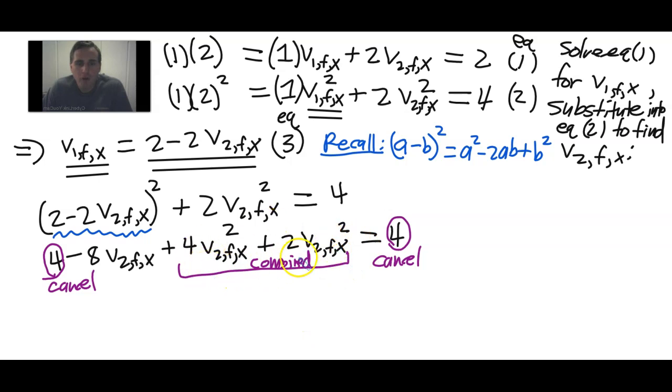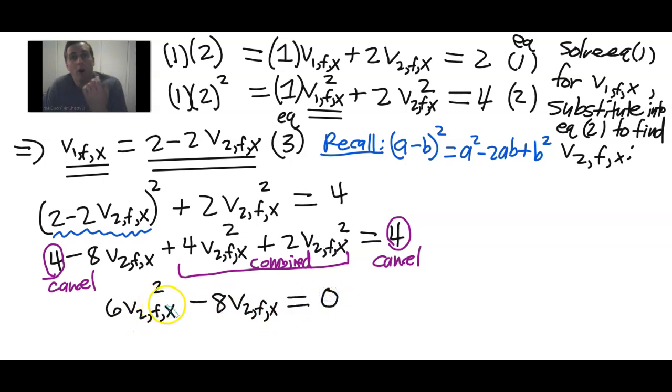Okay, so writing the quadratic term first, we have 6 v2 final in the x direction squared minus 8 v2 final in the x direction equals 0. Now notice we have a quadratic equation with no constant term. So we don't necessarily have to use the quadratic formula. We actually could use factoring if you like. So we should factor the